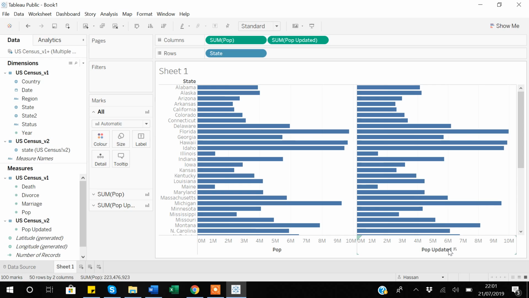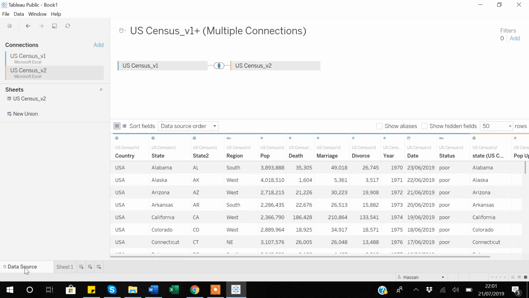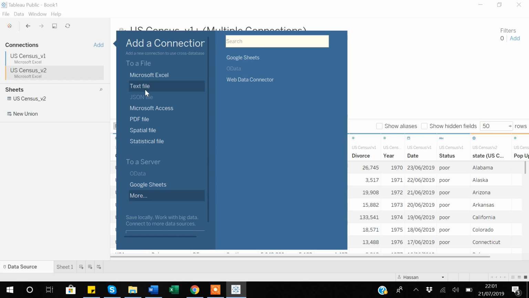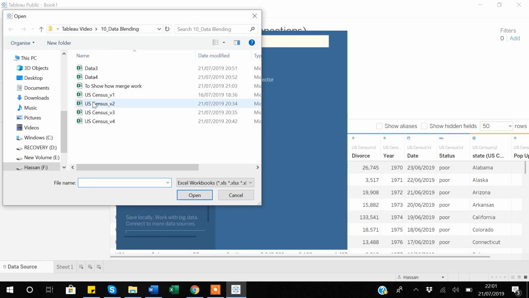Because we were able to blend the datasets, we can now use both the variables within the same chart. So I will quickly go to the data source, and now I will import another dataset which is version 3, which has some states missing, and then we'll see how we are able to create a bond between version 1, version 2, all these three sets in one dataset. So let's see. I will go to add Excel, and now I will select version 3, open,